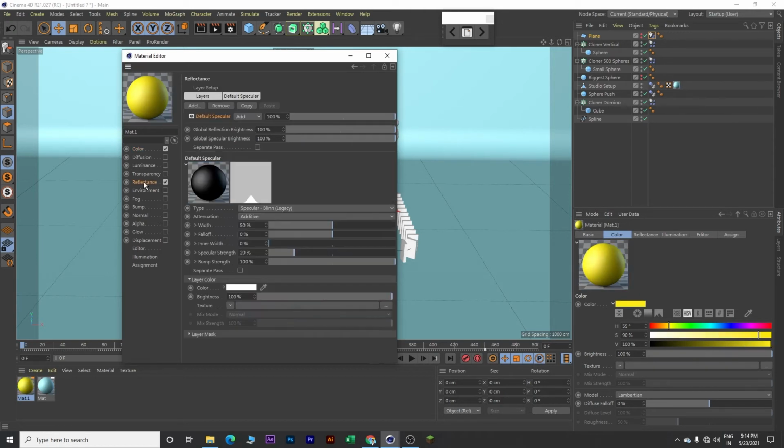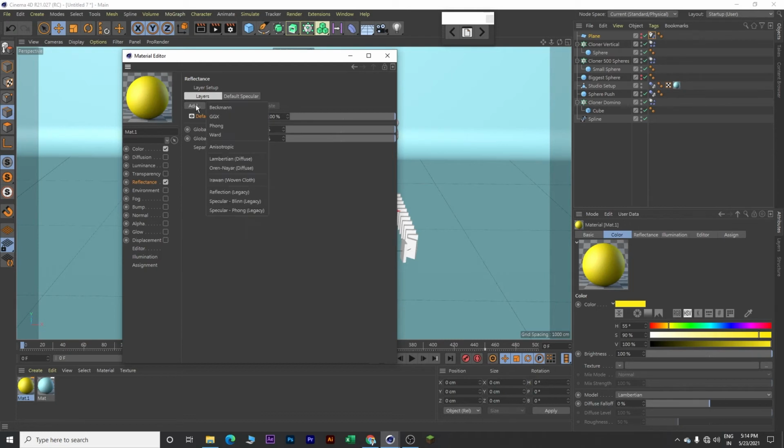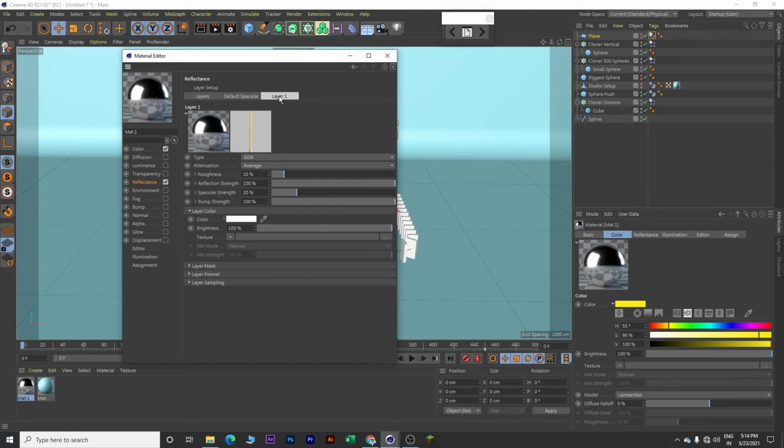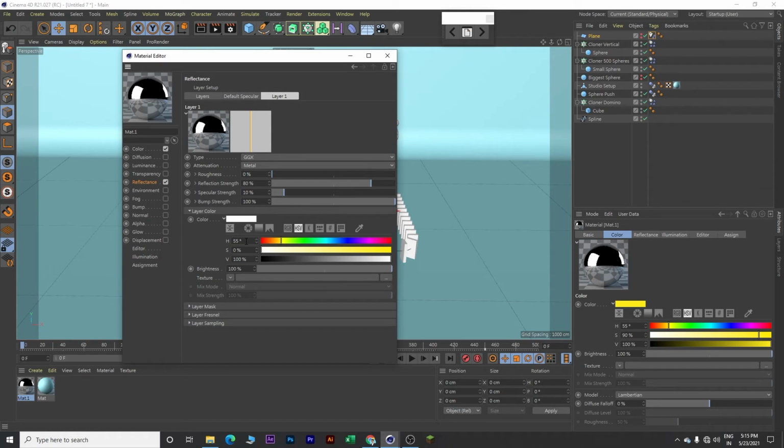Then go to reflectance, go to layers, click on add, click GGX, go to layer 1, attenuation, change average to metal, roughness, decrease it to 0%, reflection strength, make it 80%, specular strength, make it 10%, keep bump strength as 100 and click on this color over here and then change this H value, keep it 55, S make it 90 and V keep it 100 and close this.